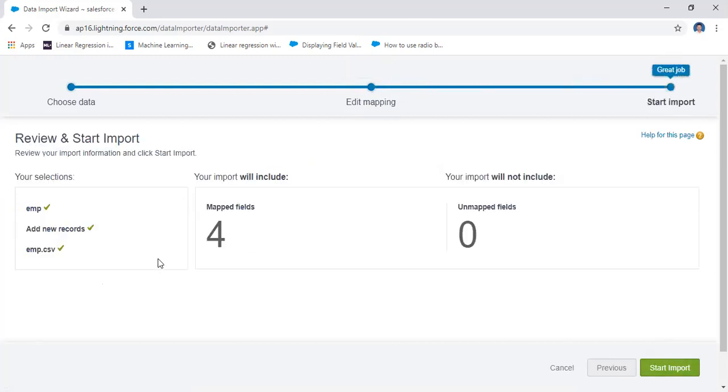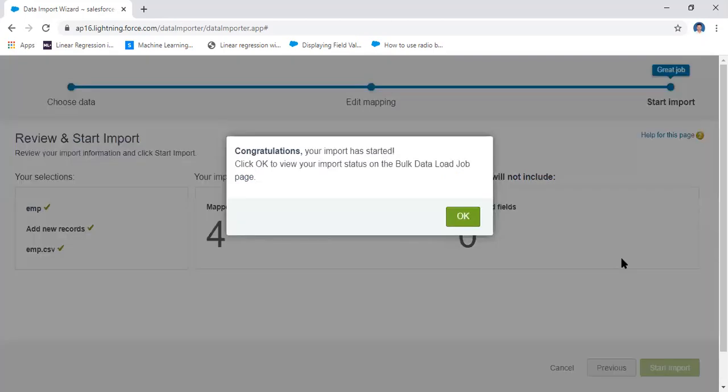Next, click on next. Yeah, 4 mapped fields are there: employee number, employee name, employee salary, and then department number. 4 fields you mapped, and then start import. Congratulations, your import has started, and then click OK to view the status of the bulk data.